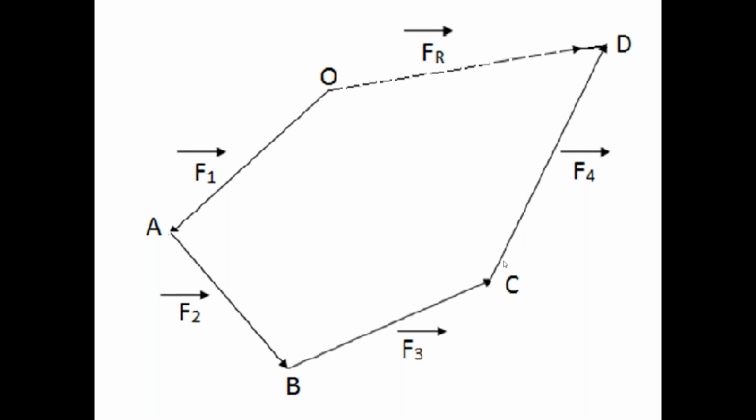But if the fourth force F4 bar closes this polygon, we have the closed polygon. In the closed polygon, we don't have this closing side. Since we don't have this closing side, in that closed polygon, the resultant force is 0. If the resultant force is 0, the four forces are in the equilibrium condition. So this polygon law of forces not only gives us the resultant force, it also indicates the equilibrium condition of the force system.